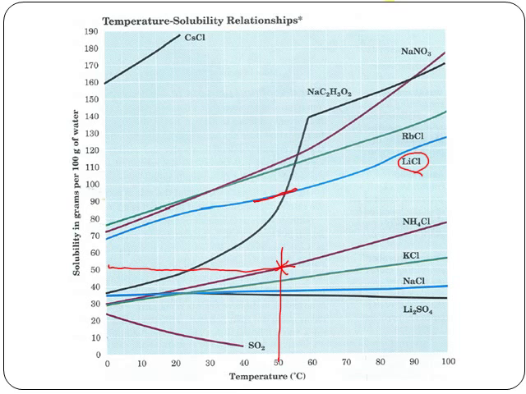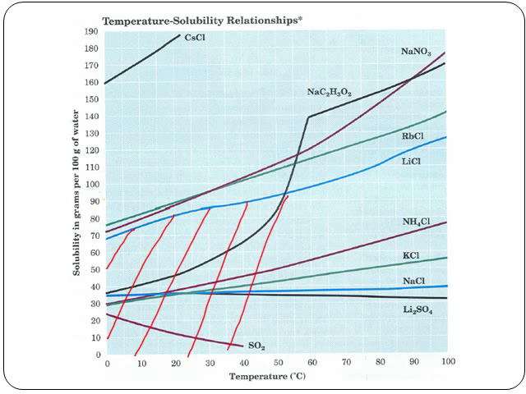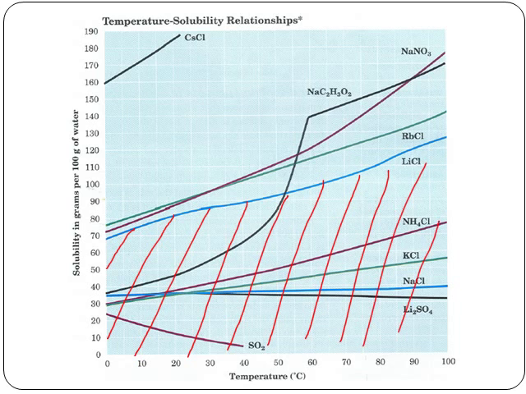And so I could add more lithium chloride if I wanted to. I can add it all the way up until this point right here, up until, what is that? That's about 92, somewhere about 90 grams. And so if I add only 50 to it, there's still more I could add. This basically, in this case, is called an unsaturated solution. In terms of the overall picture here, for the lithium chloride, anything that falls below the curve is considered to be unsaturated. And so down here, this whole region right down here would all be unsaturated